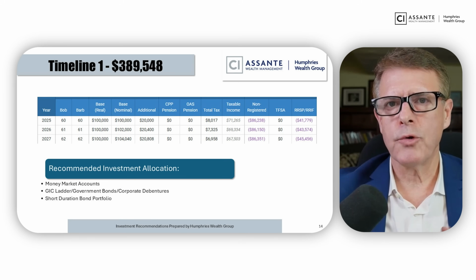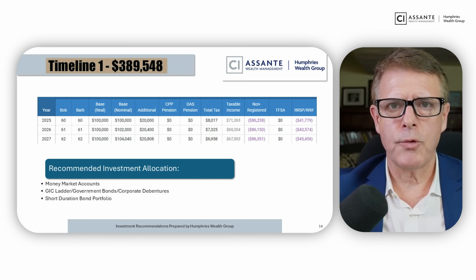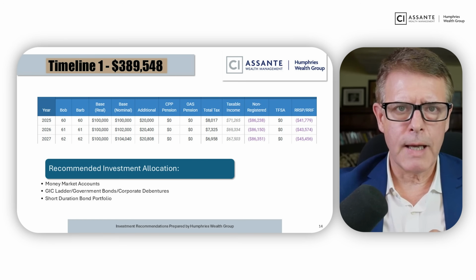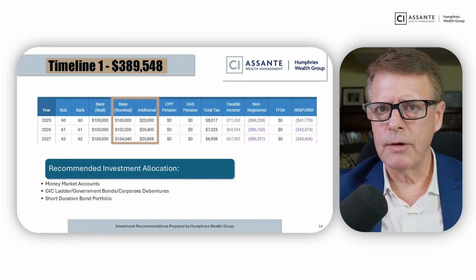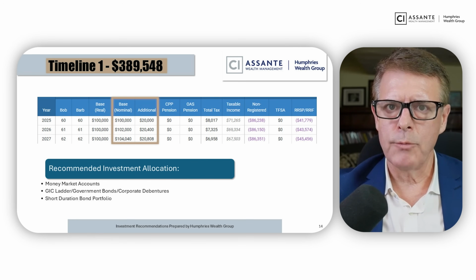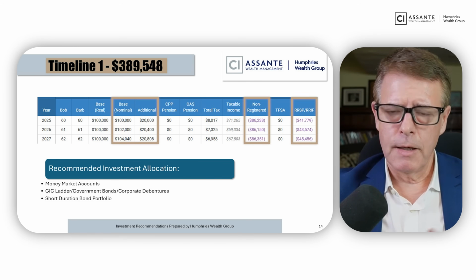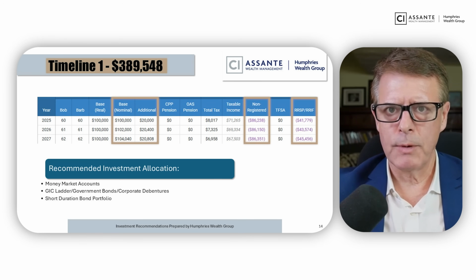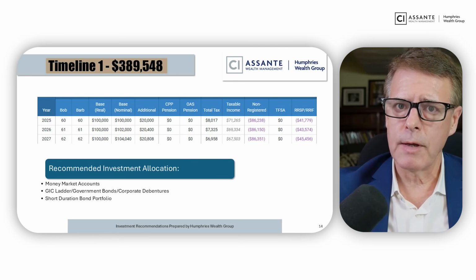So timeline 1 for Bob and Barb is $389,548. That's the dollar allocation that you put in timeline 1. Where do we get that number from? Of course, we've got their expense needs. And to fund those expense needs, we have these bracketed items both for non-registered and for RRIF account payments. In addition to that, we'll share with Barb and Bob what the withholding tax should be to be remitted to CRA. We can set up these payments on a monthly basis,